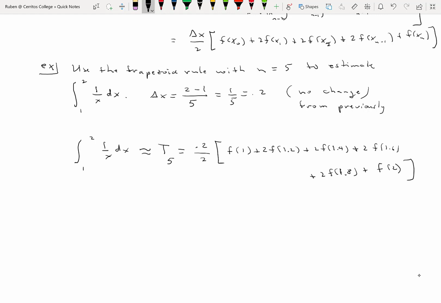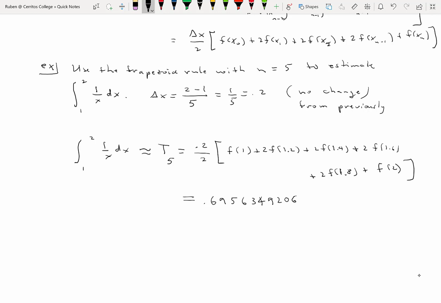You keystroke this stuff into your calculator and you get T sub 5. T sub 5 is 0.695634 9206. Okay, so I want to briefly answer the question, why would we need a less accurate method than the